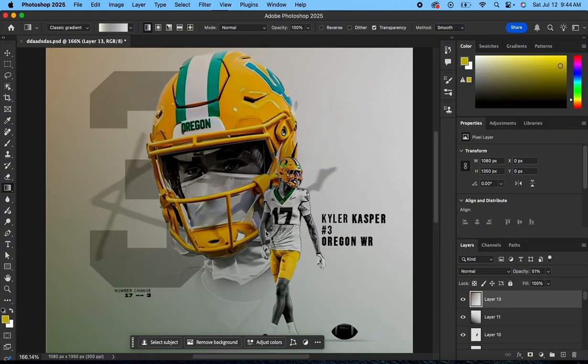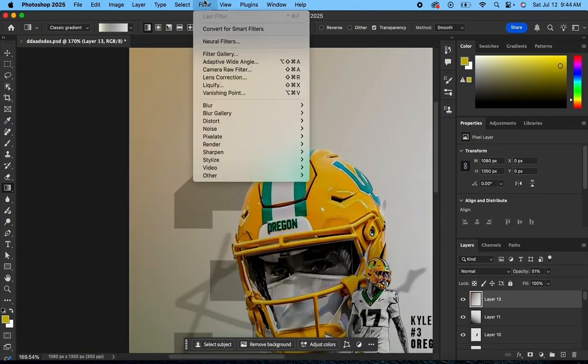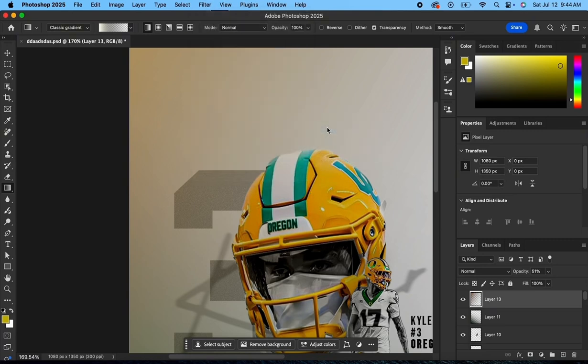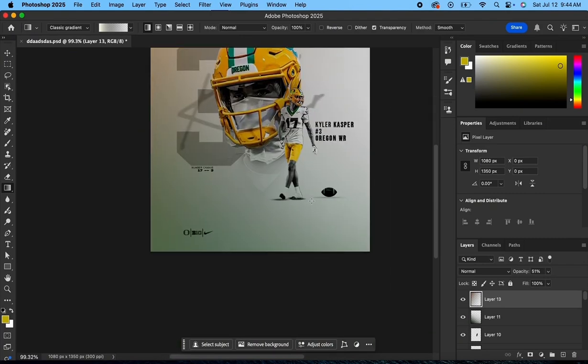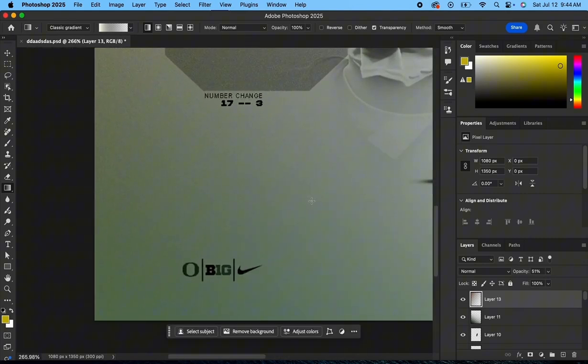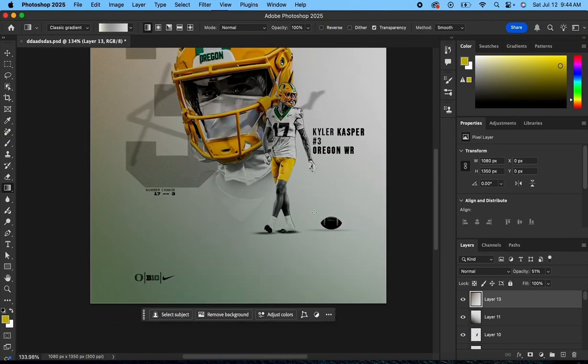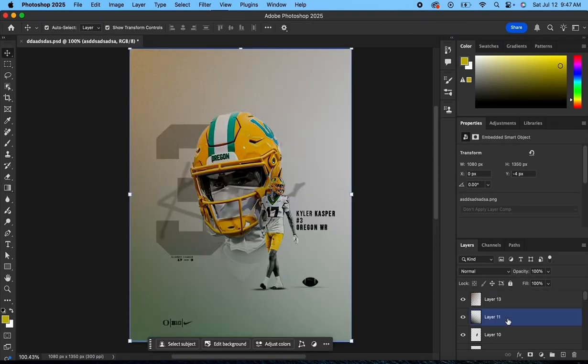So this is me right here just playing around with everything, trying to figure out what looks good. And then after I found what I liked, I wanted to add some noise to the gradient layers that I just added. So you select the gradient layer and then you go up to Filter and then Add Noise, and then just play around with what looks good for yours. And I didn't add any extra noise here to the green because some of the other gradient layer kind of overlapped on,